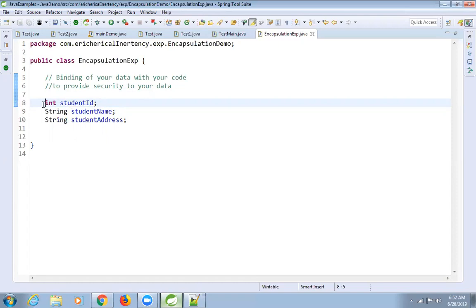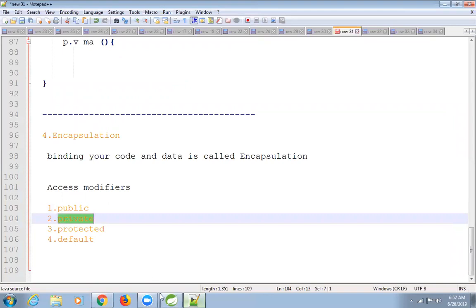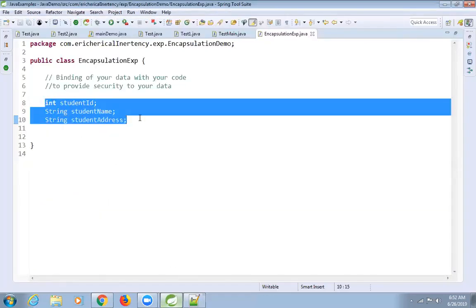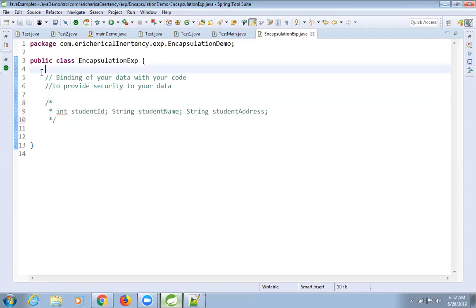Yeah, how to provide the security? So providing access modifiers. I want to provide some security to my data. So the toughest access modifier to secure is private. If you are specifying private, let me, before this, we will discuss, then only you will be able to